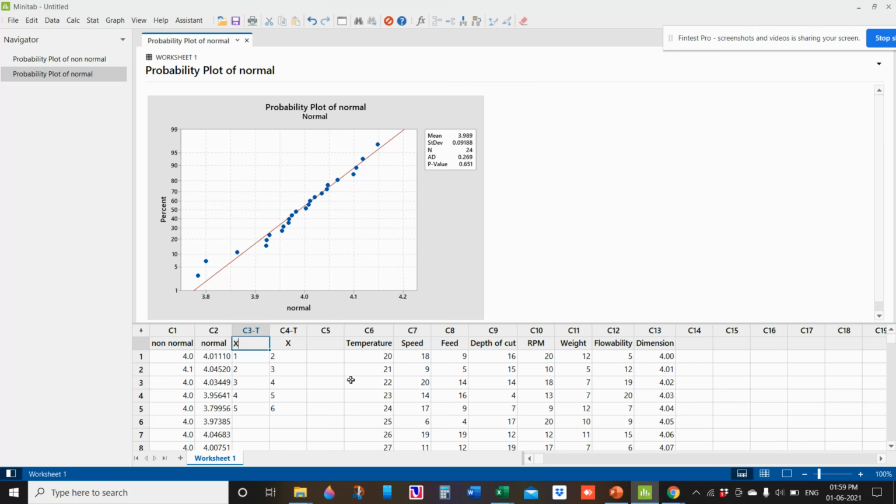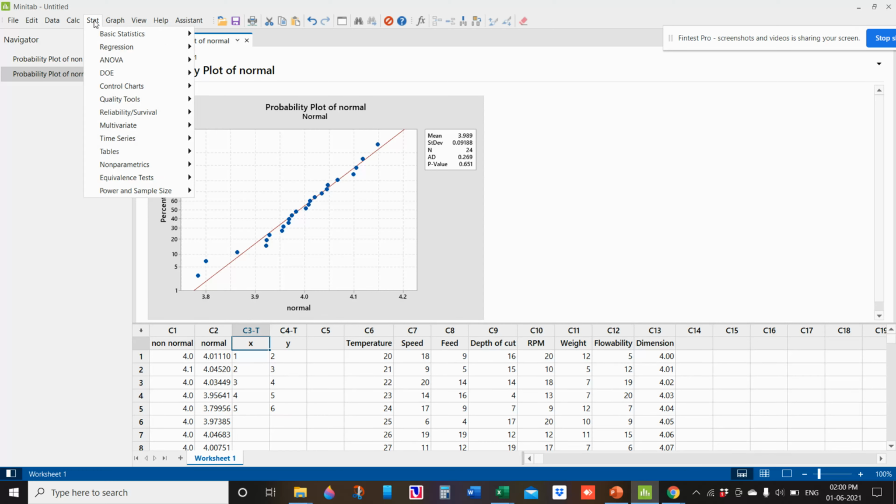So this is supposed to be x and this is supposed to be y. Okay, so let us plot like this. I'll give this as the input and this as the output. So as the temperature changes, flowability is also changing.